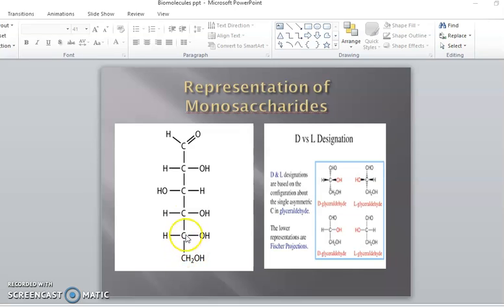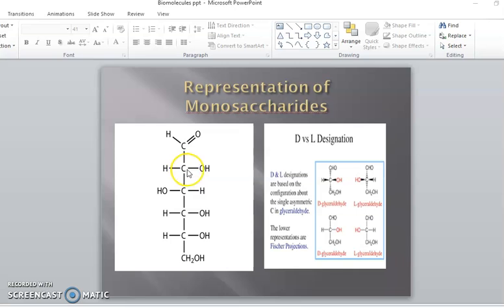So there are 6 carbons, numbered 1, 2, 3, 4, 5, 6. This is numbered 1 because it is the functional group, the aldehyde. Now, while representing, this representation is actually called a Fischer representation, F-I-S-H-E-R, in which the most oxidized carbon